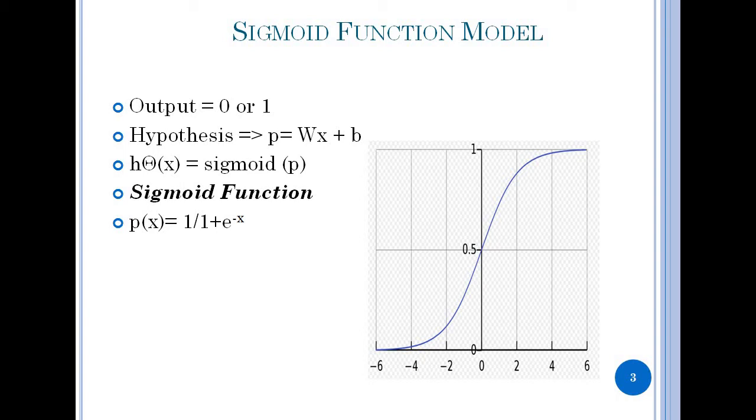Now how does it work? It works on the basis of the sigmoid function. Now how does this sigmoid function work? Here the output is going to be in terms of 0 or 1. So classification is yes or no, pass or fail, cat or dog. Here the hypothesis is on the basis of p = wx + b, similar to y = mx + c. Here w is nothing but a slope or the weights. Here b is nothing but a bias factor associated with it, and this is a linear model which is fed to the sigmoid function.